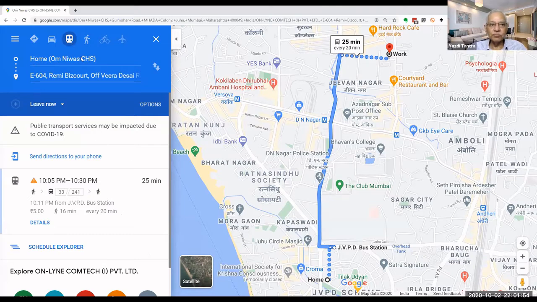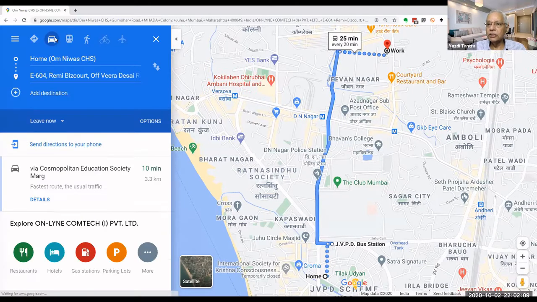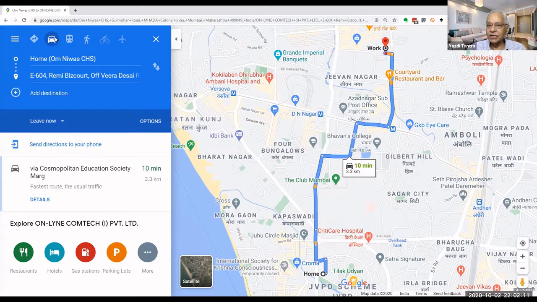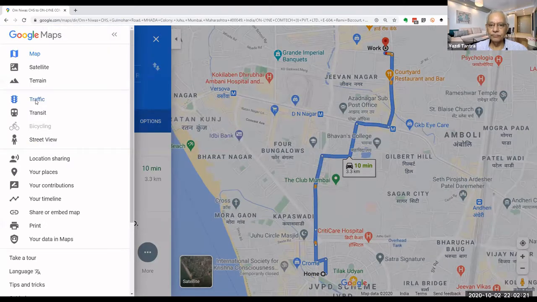And because I have chosen public transport, it is saying you walk up to your JVPD bus station, then you take a bus, come here, and then walk down to work. Every 25 minutes you have a bus. But if I say I want to drive down, then it shows me the entire route in a slightly different way. We also saw that if you want to see the traffic, you go to the menu and say traffic. Agreed?